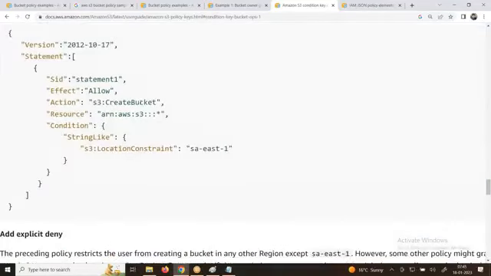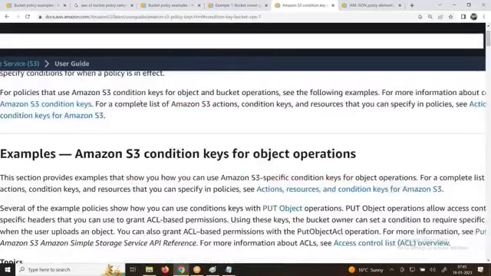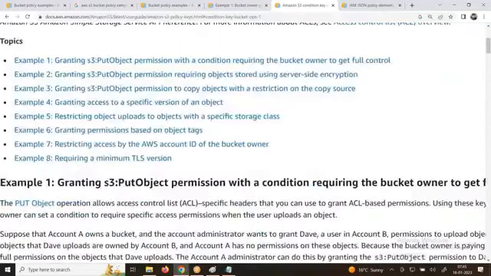Okay, what is this one? Statement effect action is equal to allowing someone to create a bucket. On which AWS resource? Any bucket, basically. What is the condition? But he can only do it in this particular region only. You have multiple conditions. Is it clear? I am very much familiar and happy with this example.